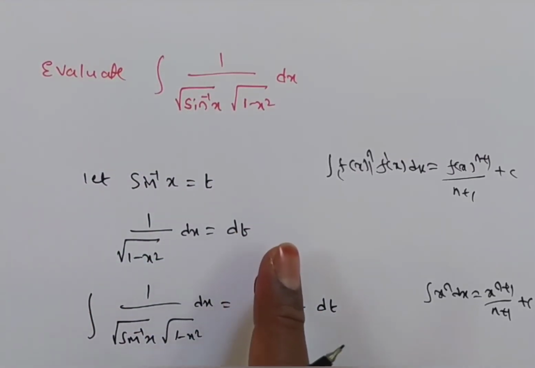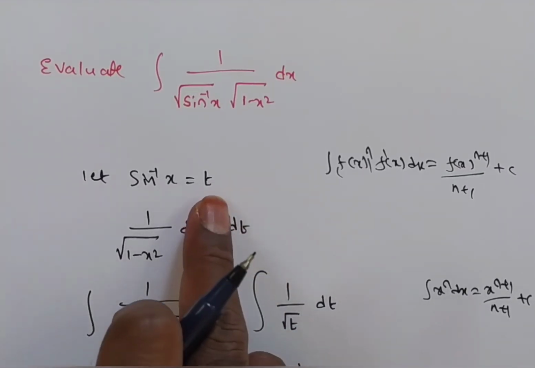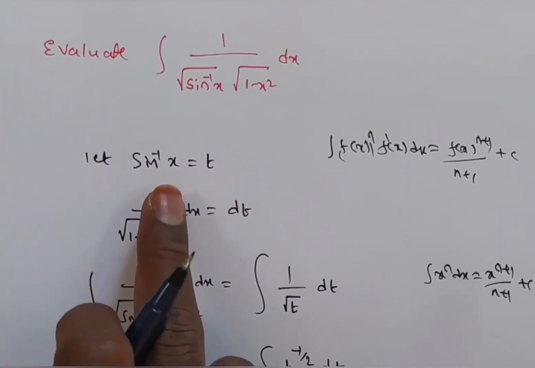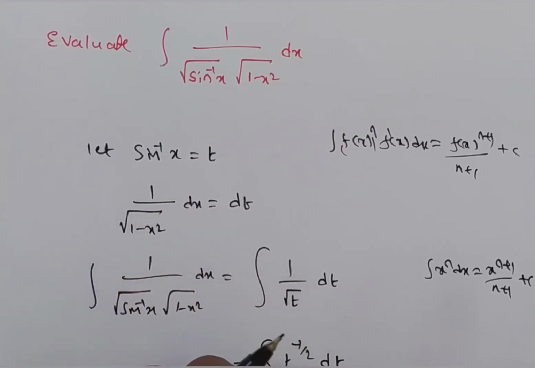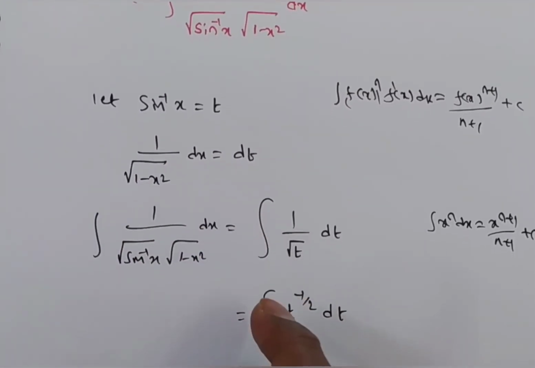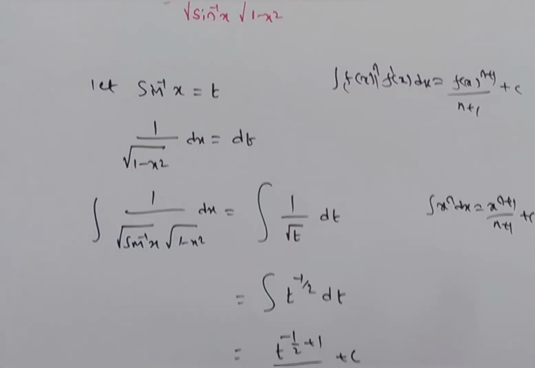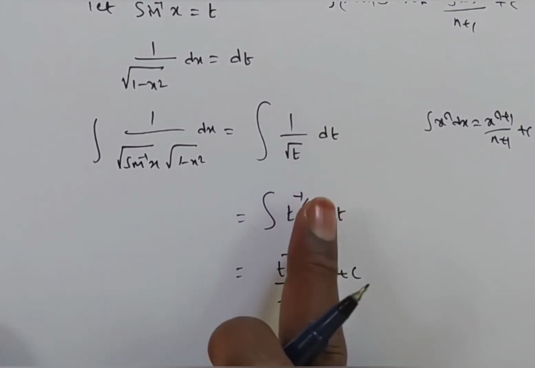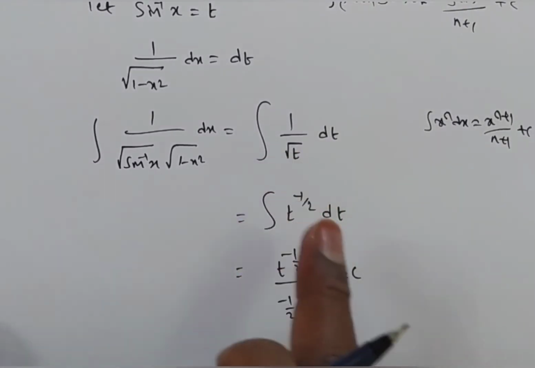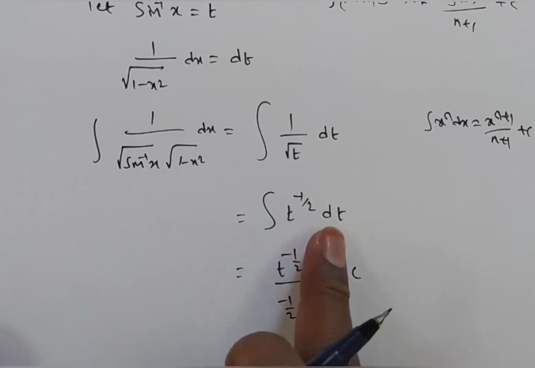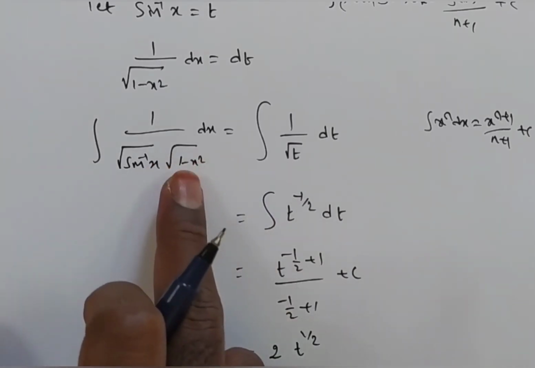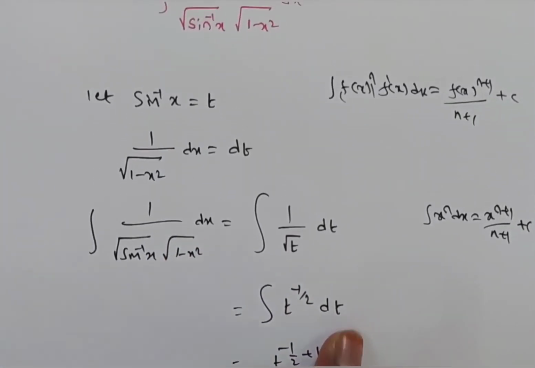The same problem you can do by another method. Another method means instead of t you can consider f of x. Now f dash of x is nothing but 1 by root of 1 minus x square. In this case you will have 1 by root f of x into dx. Root f of x you can write as f of x whole power 1 by 2 dx. If this f dash of x is also beside it, then power plus 1 by power plus 1 you can apply. Is it clear for everyone?